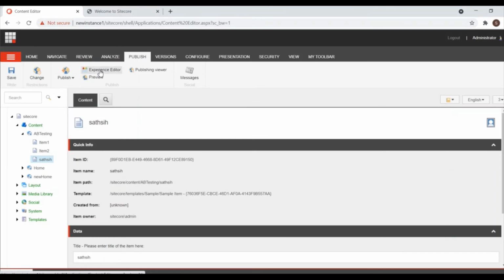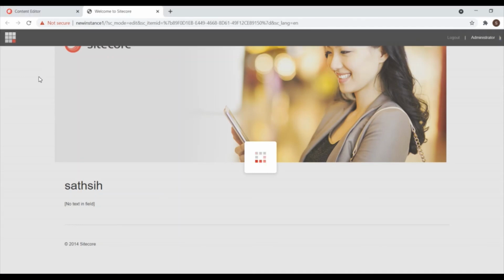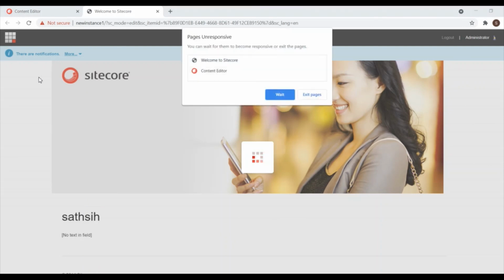Now again loading this page in Experience Editor. Component testing is enabled, so it will take some time to refresh and load.